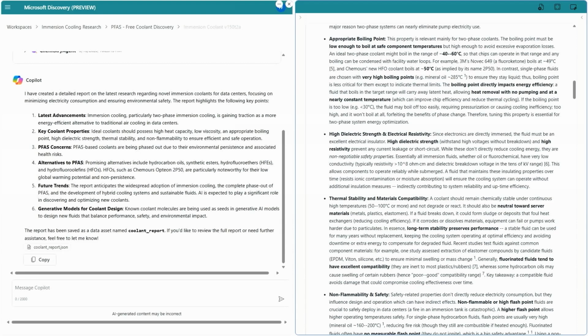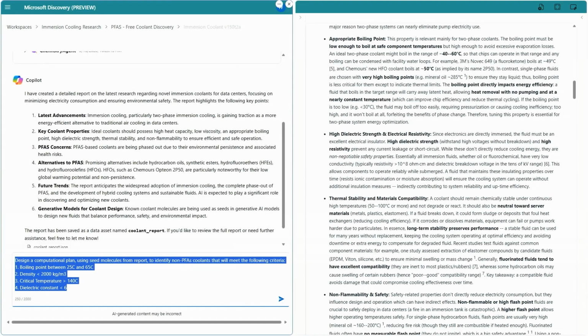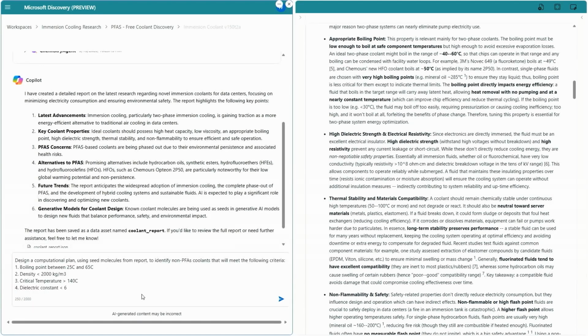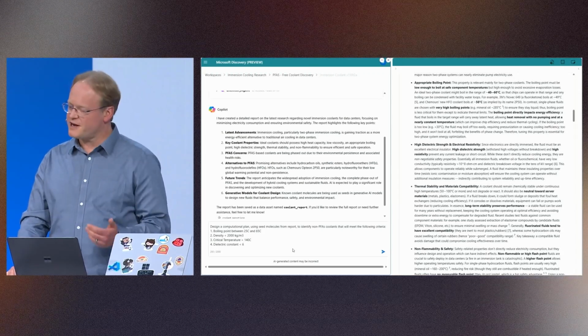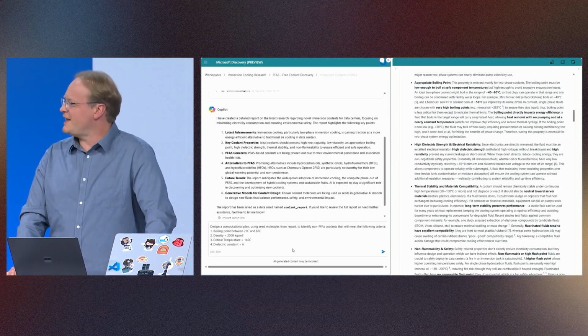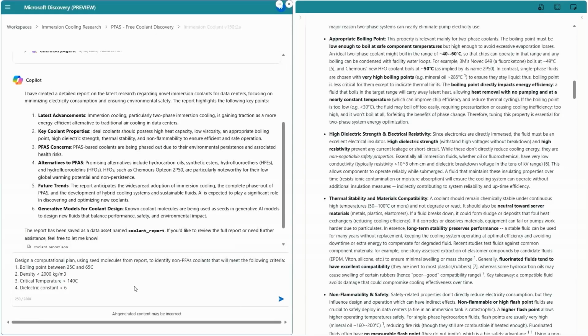But our goal today is not just to reason over knowledge. We want to make a real coolant discovery. So we need to move on to step 2, which is generating hypotheses. So I am going to ask for a plan specific to my investigation, informed by this research, knowing, for example, that I should target a specific boiling point and a dielectric constant that won't fry my electronics. So we'll submit that.